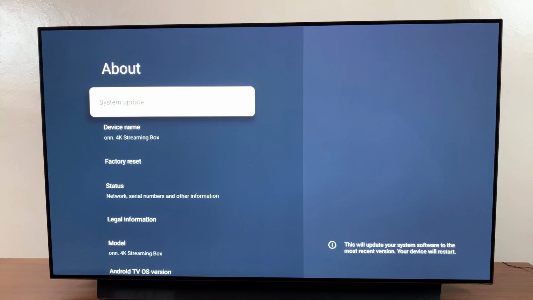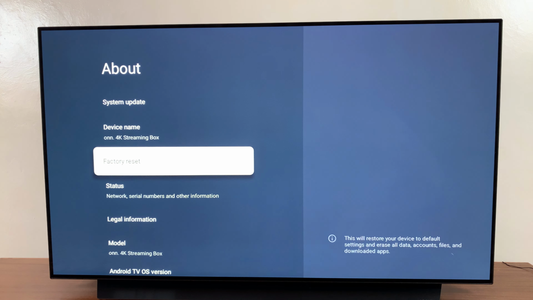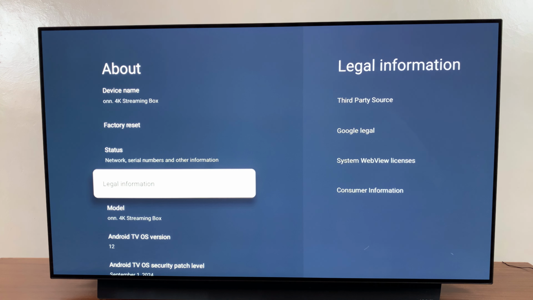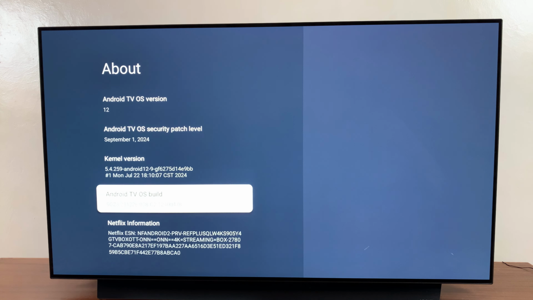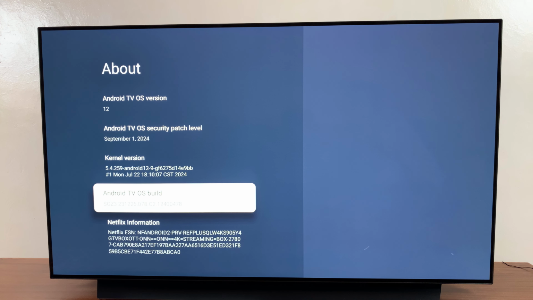From here, you want to then scroll through your about settings until you get to the option Android TV OS build. You want to select this option 7 times so that you can now enable developer options. You should see this message, you are now a developer, appearing on your screen, which means that you've successfully